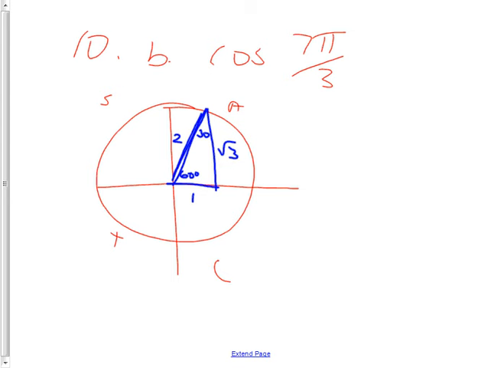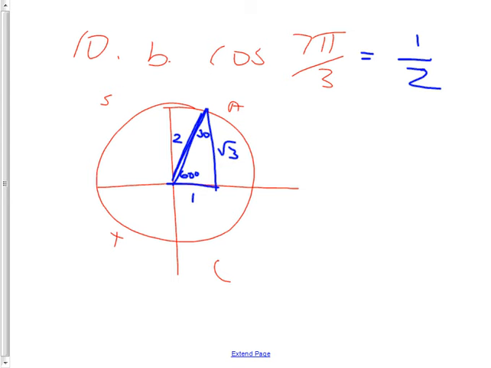Evaluate. Okay, evaluate. I've already got the angle. They must want the sides for that. So the sides would be for cosine, adjacent over hypotenuse, 1/2. Raise your hand if you already had that. Okay, awesome. All right, let's move on to problems like